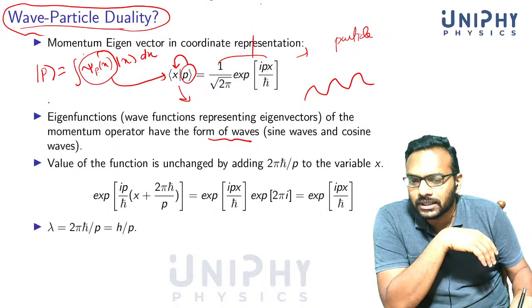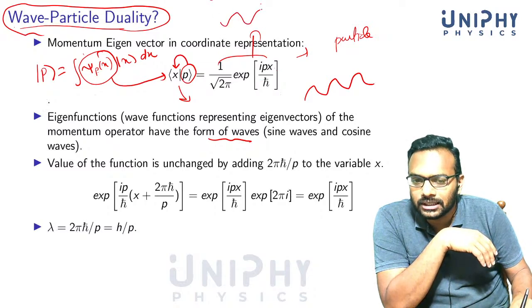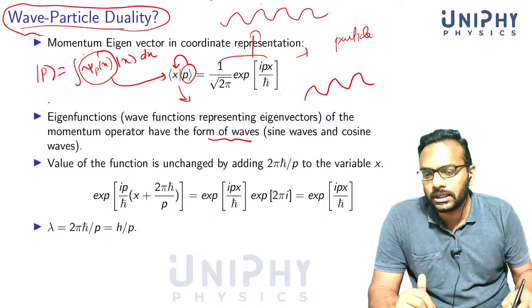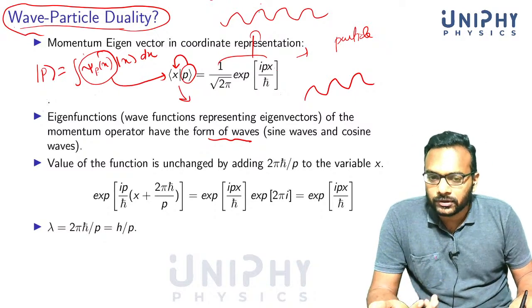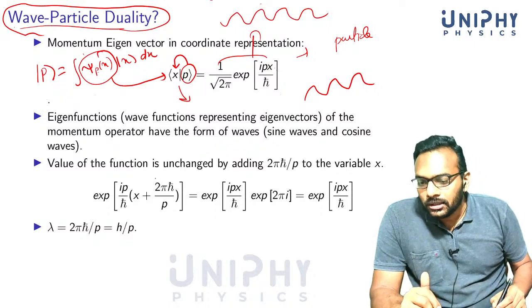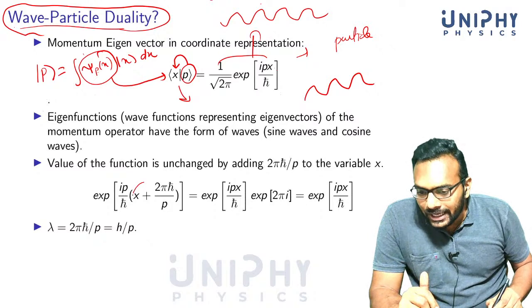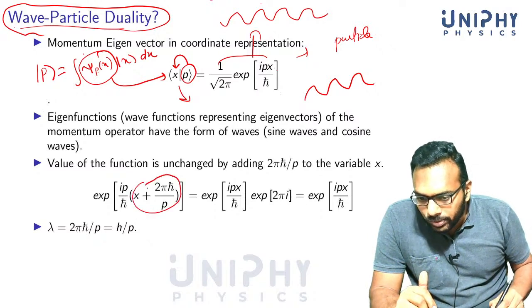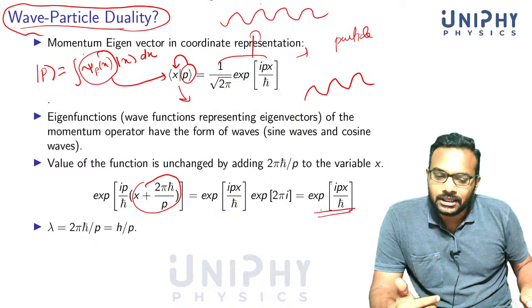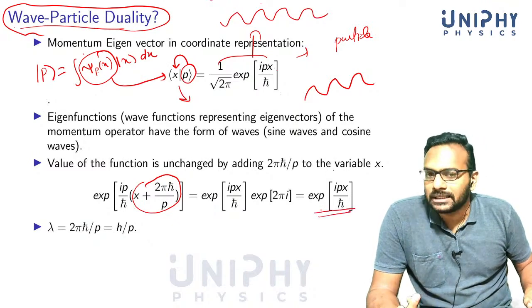If you take this function, corresponding to every x you get a complex number. If you draw only the real part, you get something like that, a sine wave or a cosine wave. This is only the real part. Of course, there is an imaginary part which I cannot draw here. Now, if you look at this, you see that if x varies by a factor 2 pi h cross by p, it remains the same. You see that the displacement in the wave remains the same.